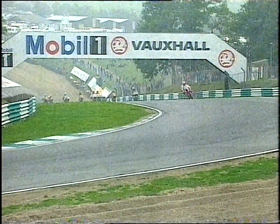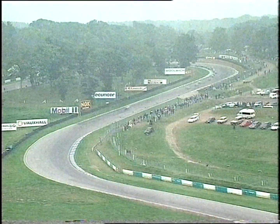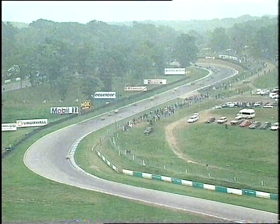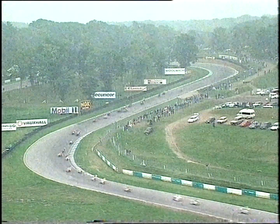Well, they're just starting out on the first of their two warm-up laps. The reason they have two warm-up laps here today, as we explained earlier, is just to get these huge, great big fat slick tyres up to temperature. They have tyre warmers, as we saw on the grid, but really they need to get the heat into these tyres and just check the machine out. There really are no adjustments that can be made after these two warm-up laps. So unfortunately, if any problem is spotted during this period, then there's very little that can be done about it,